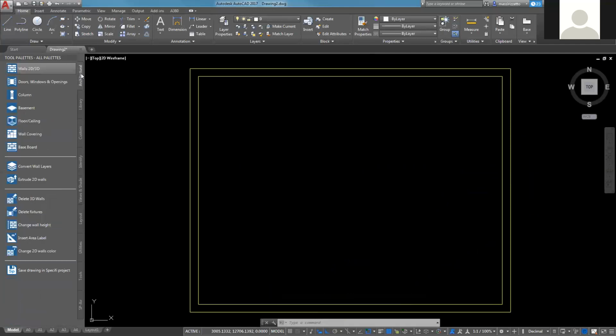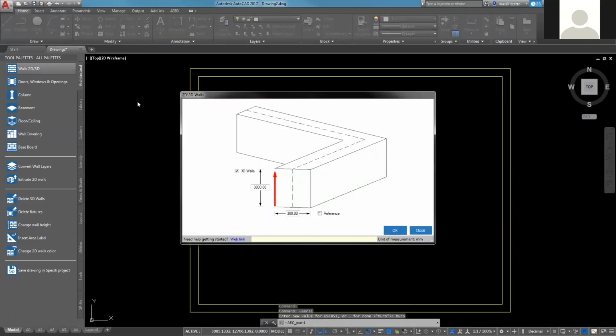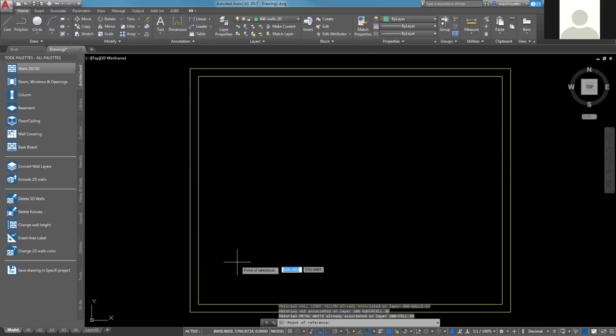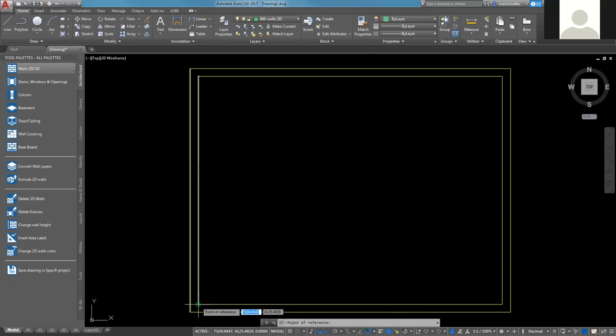to Architectural Tool Palette, we run again walls 2D, 3D again, and in this case I can change the dimension of my wall, depth of the wall. I can also activate reference, and I can press OK button. Instead of asking for the starting point, the software asks the reference point. So I can click the bottom left corner, and with the mouse I give the direction, and with the keyboard